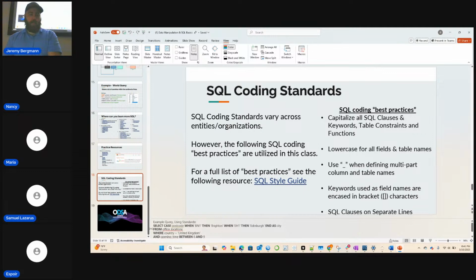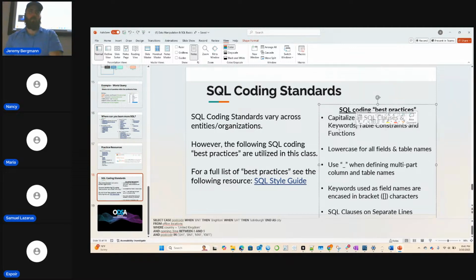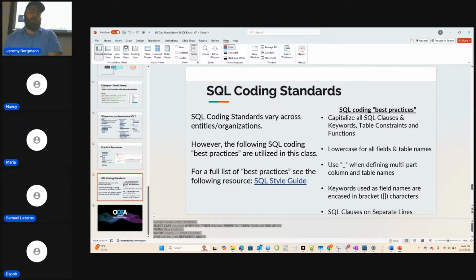So this is a case statement. This is a one clause: select, from, where, and even some of the keywords on there, just for readability purposes. So there's not really one specific standard, but we'll try to keep it consistent in the class. One of the things it does is make the code more readable instead of having it different in a bunch of different places.